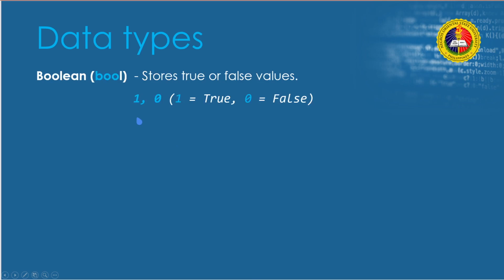And then a Boolean. Boolean is something that we don't necessarily use that much, but it's mostly used for conditional statements or logical expressions. I cannot give an example for now, because if I give an example about Boolean, I know we'll get confused about why we've reached conditional statements already. So for the meantime, let's just think of Boolean as storing a true or false value, meaning 1 is true, 0 is false. What happened earlier, where it answered 1,